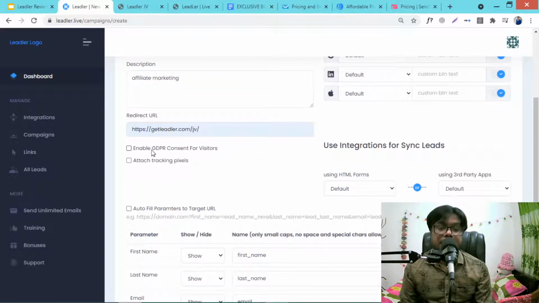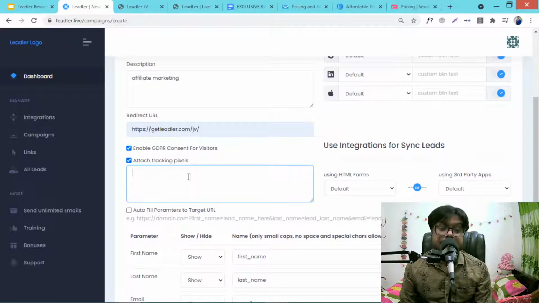You can enable GDPR consent for visitors, and you can also attach a tracking pixel. By doing this you also get that tracking pixel, and using this you can later run Google ads, Facebook ads, or different types of ads at a very cheap price.